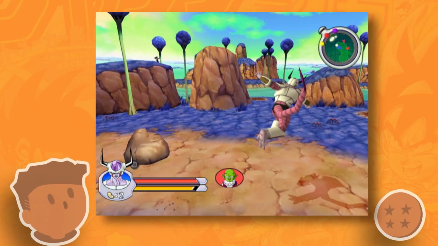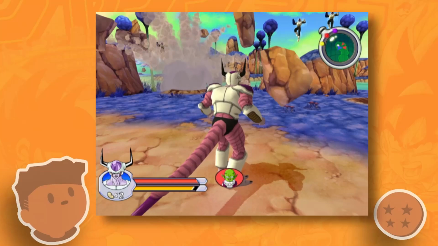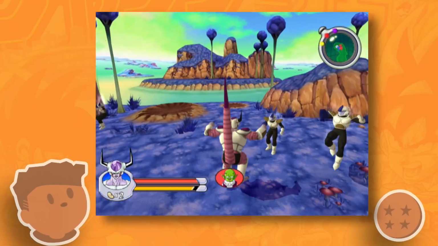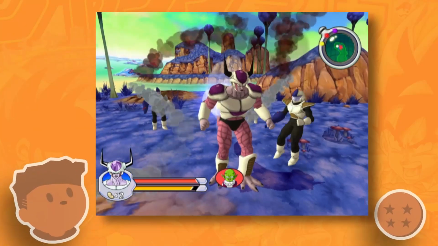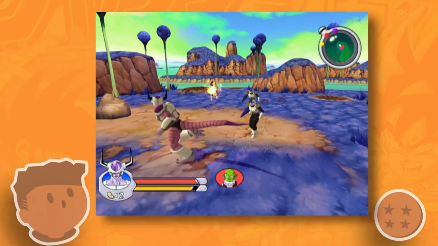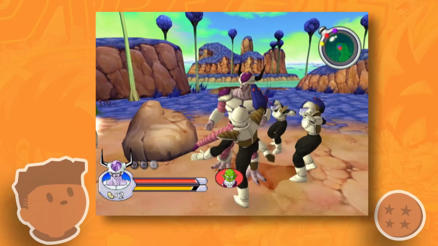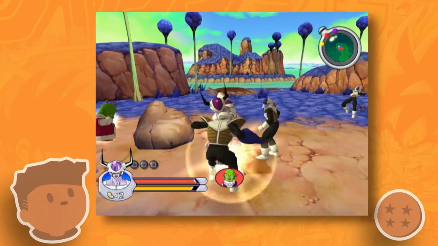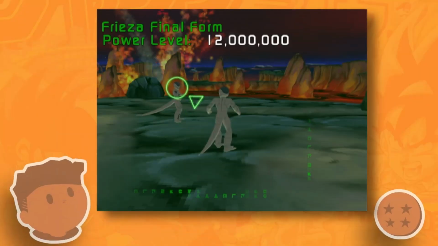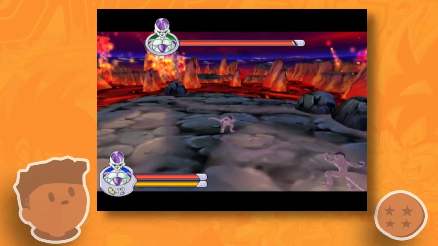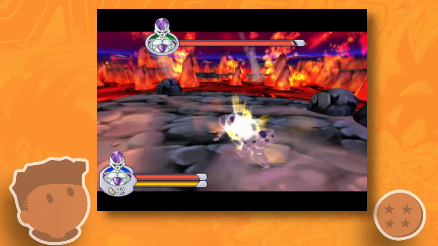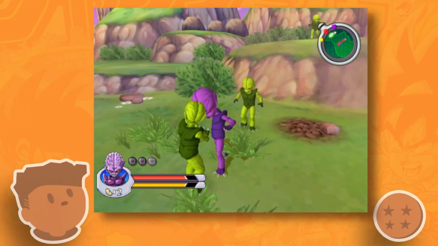In this case, we're taking advantage of the fact that all the assets for the given enemy character are already loaded in memory when you start that specific level. So, not exactly the open sandbox you might expect. You can't have Cybermen versus Perfect Form Cell or anything like that. But you can still get some pretty fun mirror matches like Frieza versus Frieza, or have the Cybermen rebel against